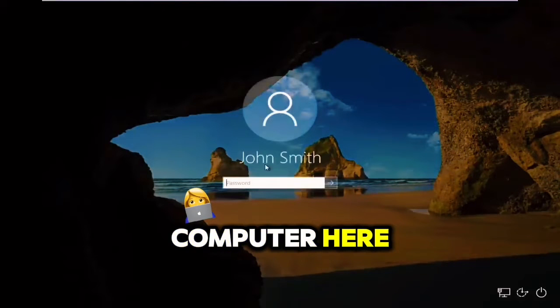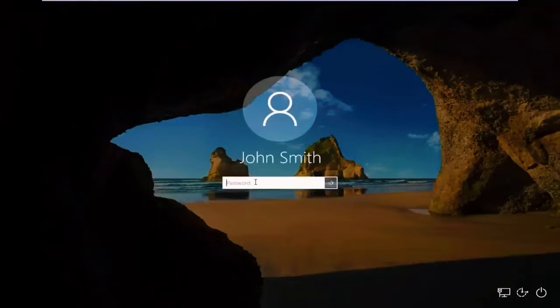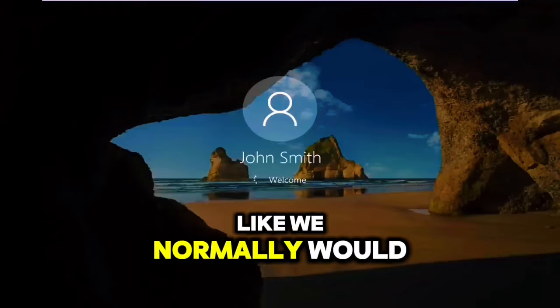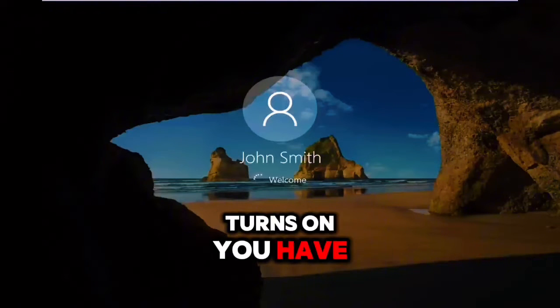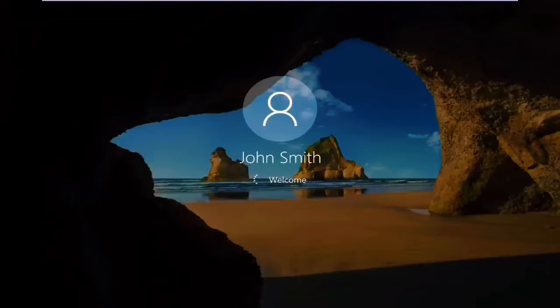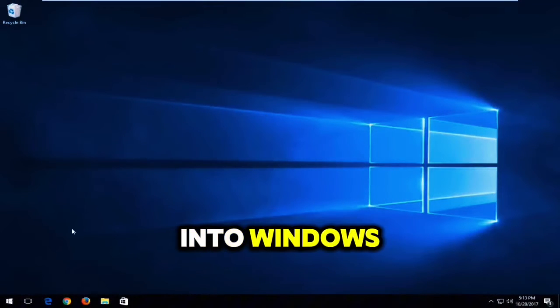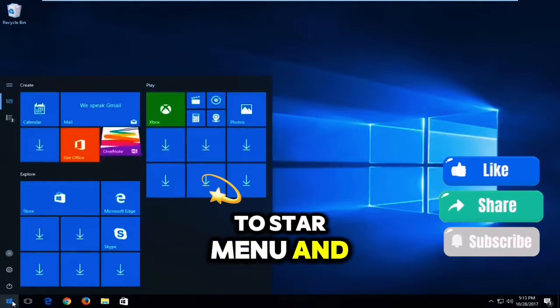Okay, I'm gonna log into our computer here like we normally would. Every time your computer turns on, you have to enter in your password. And now that you're logged into Windows, you wanna head over to Start Menu and you wanna type in user